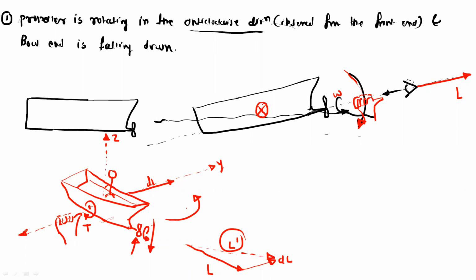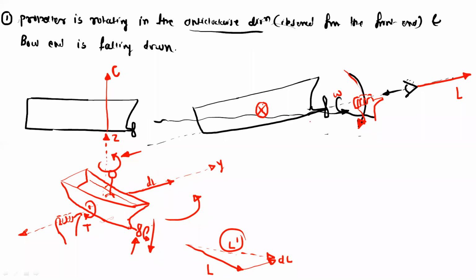Okay, that means this is the gyroscopic couple which acts along the Z axis. Okay, I am saying it acts along the Z axis. The meaning is, if you draw this as a vector, this arrow only indicates the direction of the torque, and its vector is along the Z direction. So this is the gyroscopic couple, that is C. Okay.